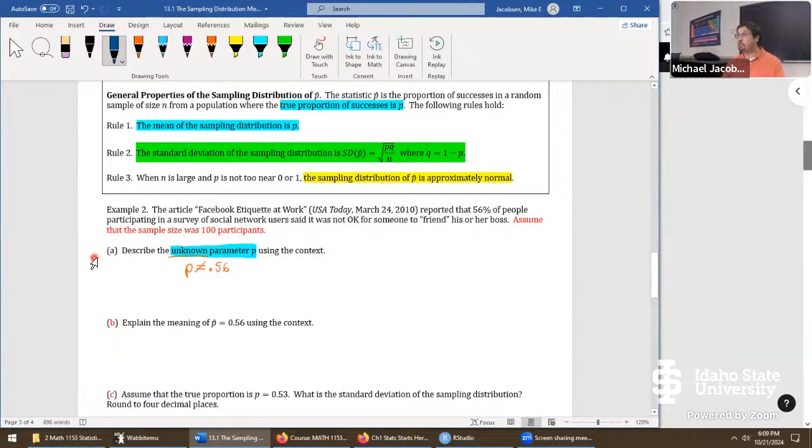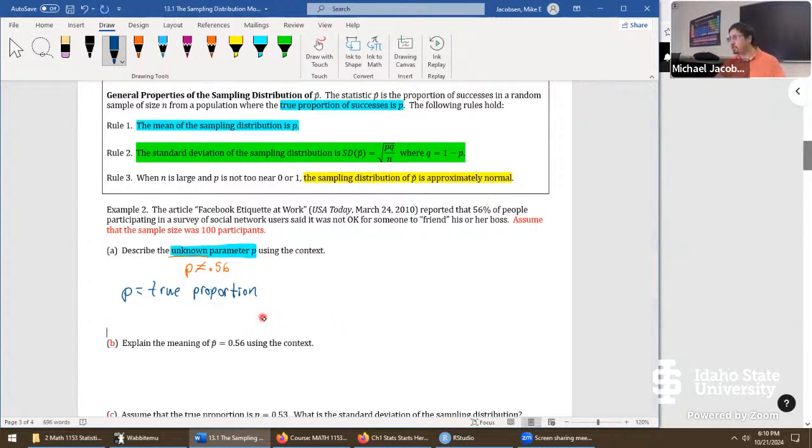This is not unlike when we were describing a population versus a sample. Here we start off by saying p equals the population's proportion, or the true proportion. Anything along those lines is totally fine. Oftentimes our book likes to go this way: p equals the true proportion. Saying true proportion reminds us that we're looking for a specific value. This one is just an approximation. It's not the true proportion p for the population.